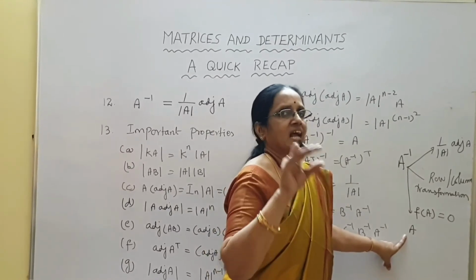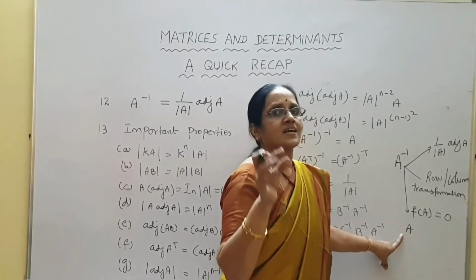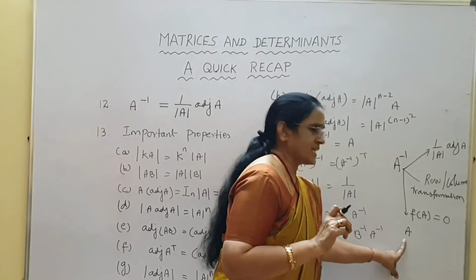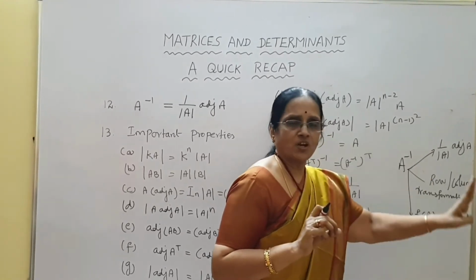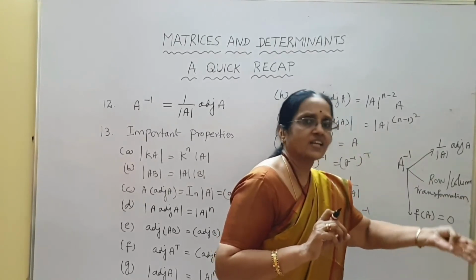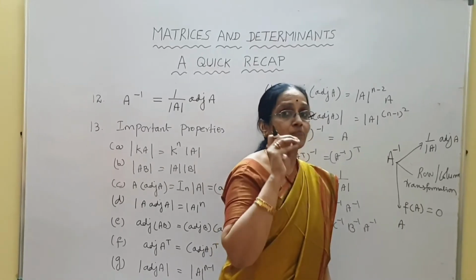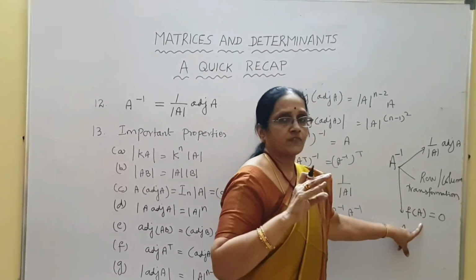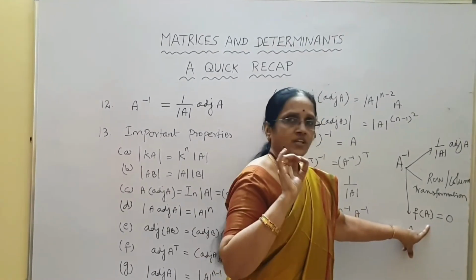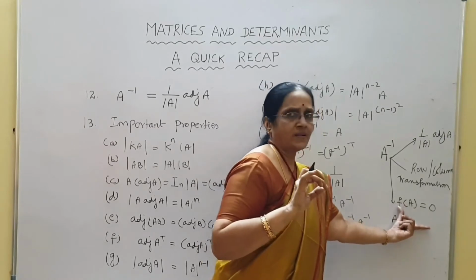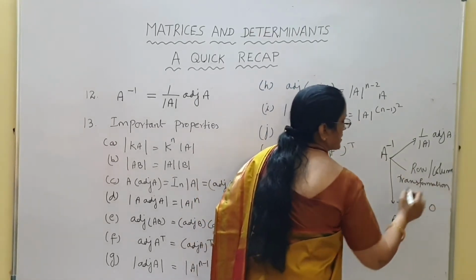Here 17 is 17I. You should take it as 17I, where I is the identity matrix of the order of the given matrix A. Once you prove that this is equal to a 0 matrix, then using that equation you need to find out A inverse. We have done many problems of this type. If you go through my previous videos, you will come to know how to find out A inverse using this particular equation.